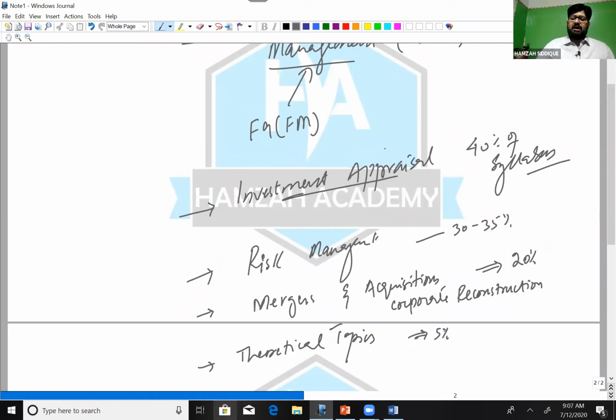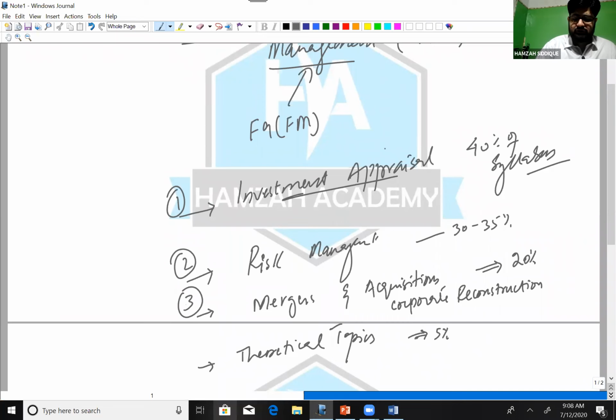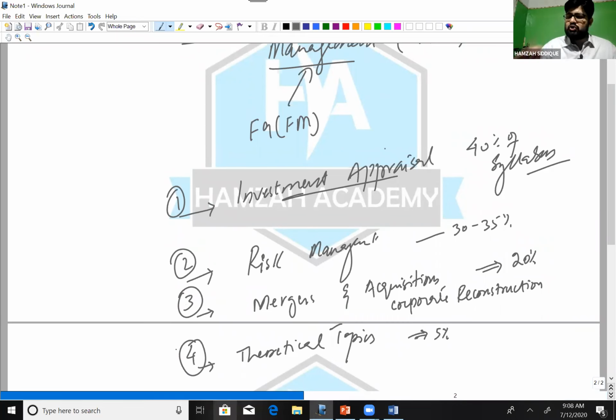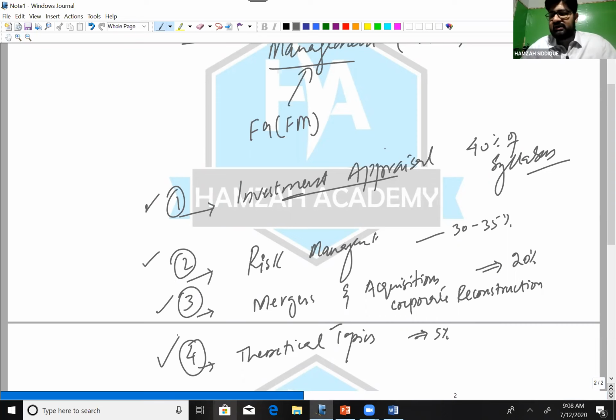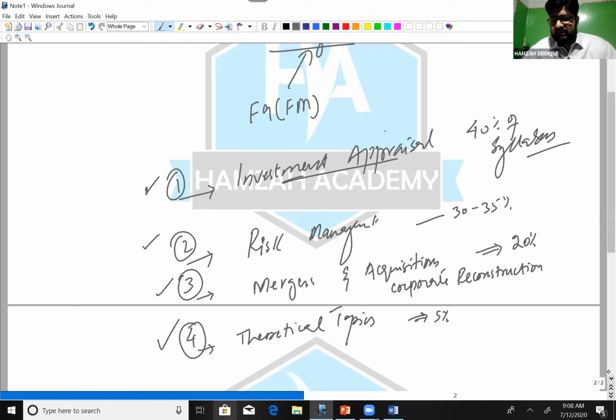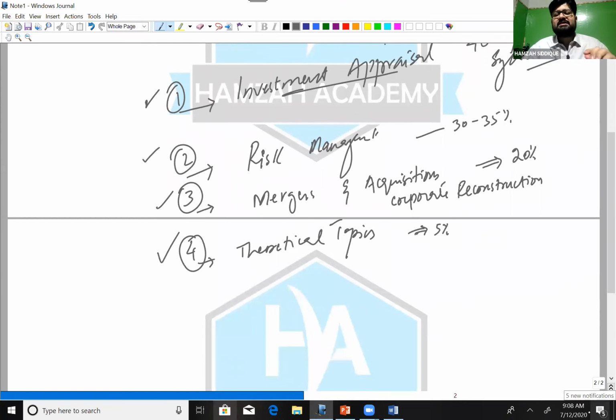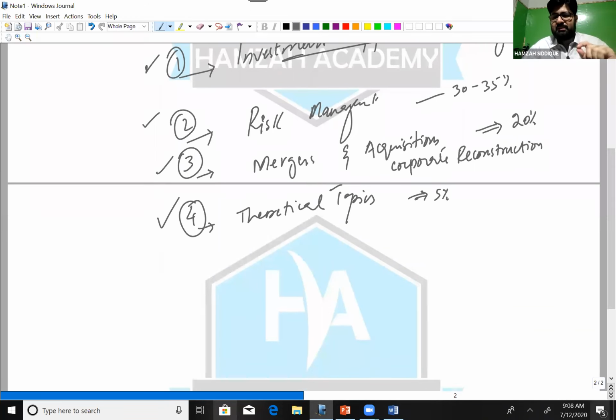And in the exam, in which proportion are they going to be tested? Students, remember, majorly the second and third areas, and this is the fourth area. You should expect these three areas can be tested equally, around 20 to 30 marks each. And of course, some testing is done from the theoretical area as well. So it means that there is no space for selective study. We have to prepare everything. The paper is such a balanced paper.